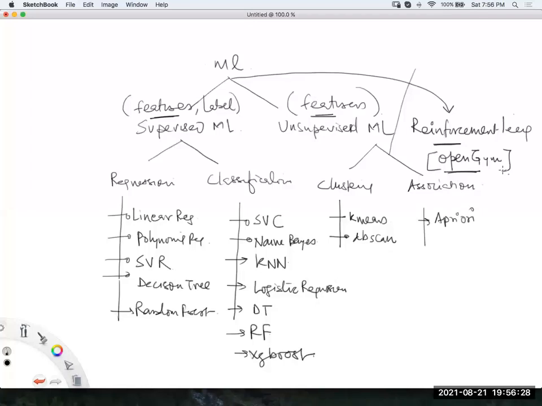Guys, is that picture clear to you? Let me know, please. Is that complete picture clear to you? I think now you should have a bird's eye view of this complete data science domain, guys. Let me know, please. Are you clear so far? It's going good for you?